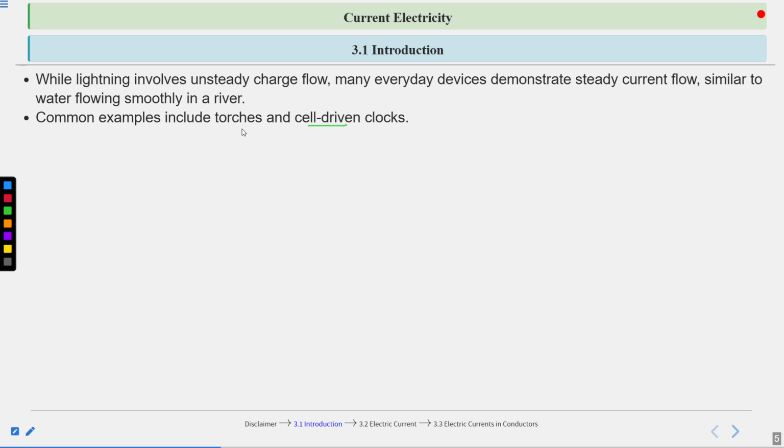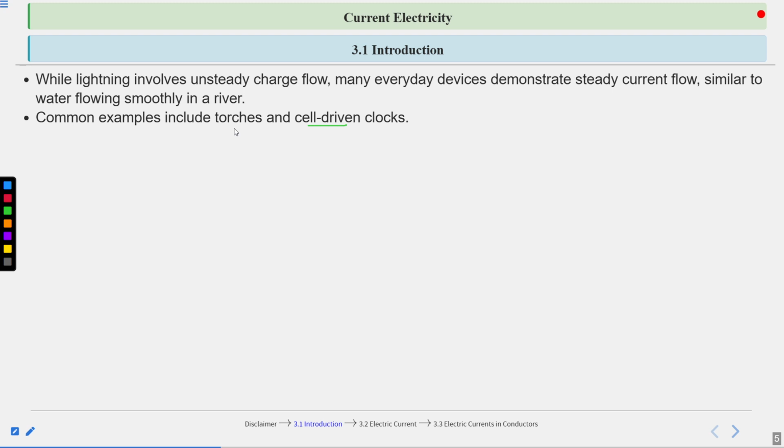Okay, so in torches there are LED bulbs. These LED bulbs require a very small current or a very small potential difference across them, which a cell or battery can fulfill. A normal small cell has 1.6 volt or 1.5 volt. So these LED bulbs work on this small potential difference, but our normal household appliances work